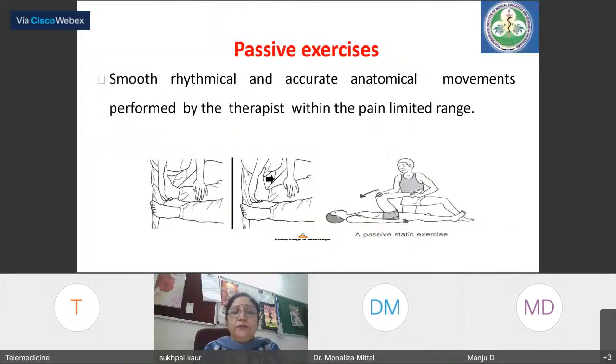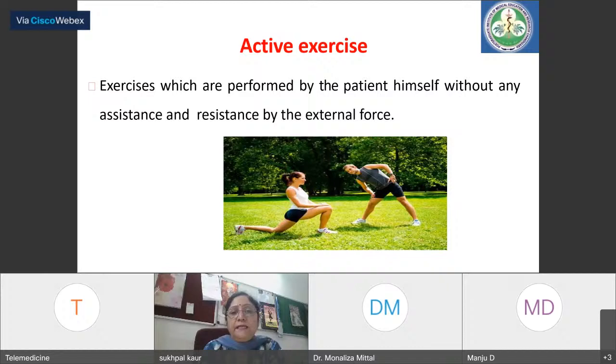The passive exercises, we know that these are the smooth, rhythmic, and accurate anatomical movements which are performed by the therapist within the pain-limited range, as the patient is totally dependent upon the caregivers or other healthcare professionals. For the active exercises, these are the exercises which are performed by the patient himself without assistance and resistance by the external force. This can be done in the later stage once the person is out from the acute phase